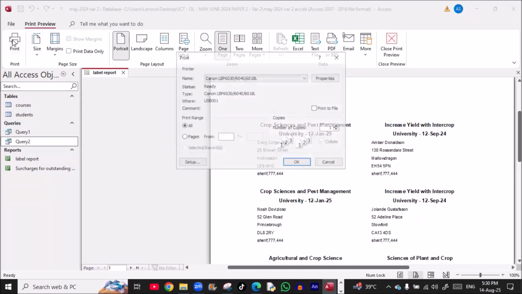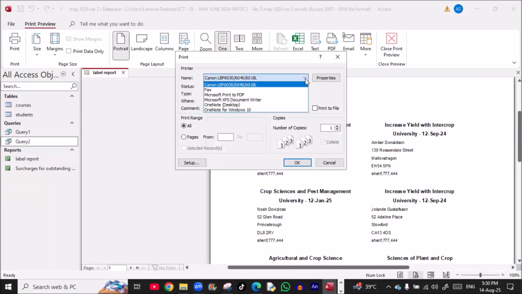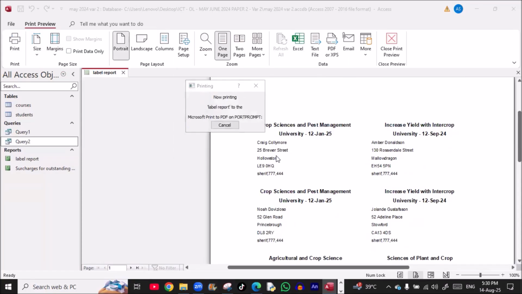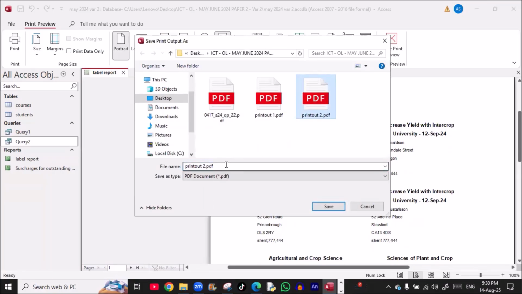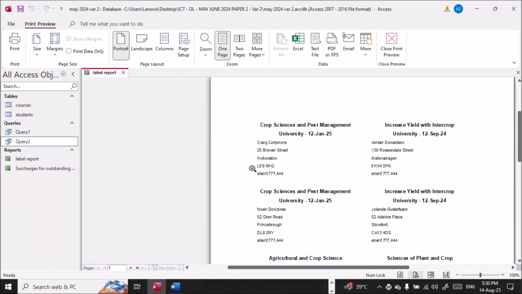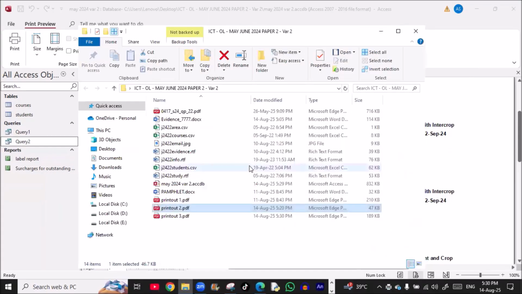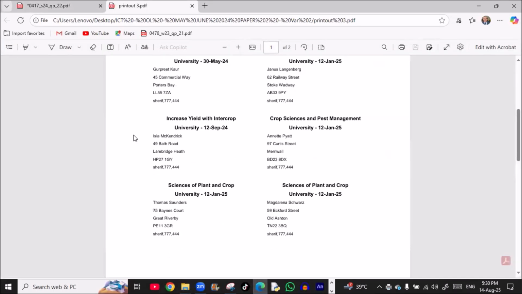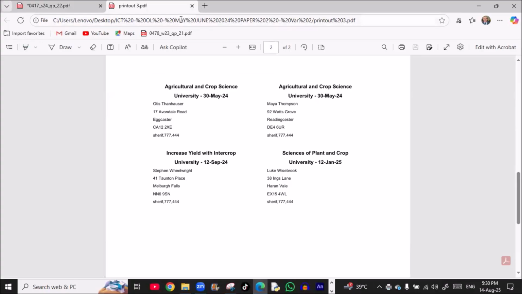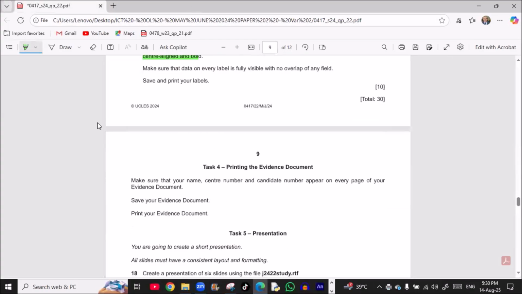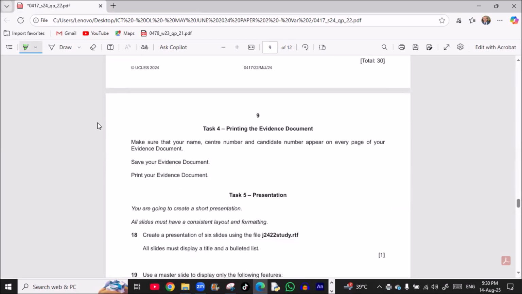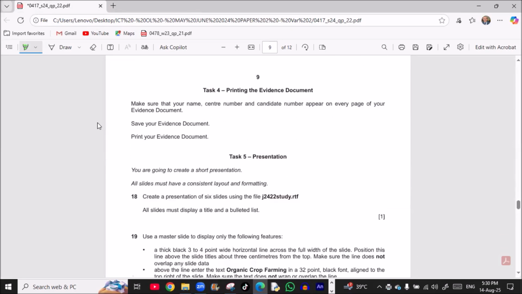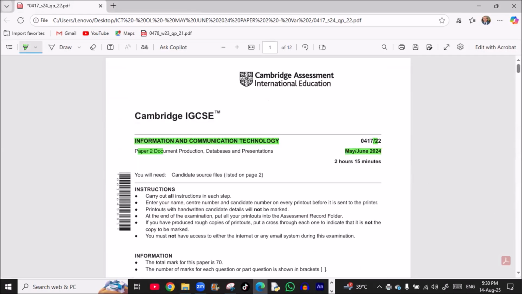So we now can print. As I said before, you print it in the printer. I'll print as a PDF and name it label printout 3. Save. And you can check this in your work area. This will be printout 3, which is the labels question. And that's it for this file. And now printing the evidence document. We don't have evidence for the presentation. So this is the end of the